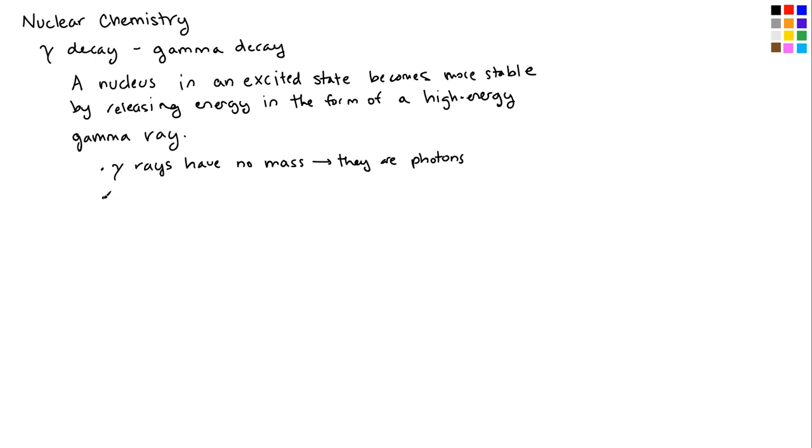And so since gamma rays have no mass, once again, we're going to have a situation where our mass number stays the same, just like we had with beta decay. Because in this case, we're not shooting off a particle, we're shooting off a packet of lots of energy. So it stays the same. But here's the interesting thing too. This gamma decay is the only way that the atom loses that energy or becomes more stable, just by giving off this packet of energy. And so nothing happens to the nuclear particles. So the atomic number stays the same as well.